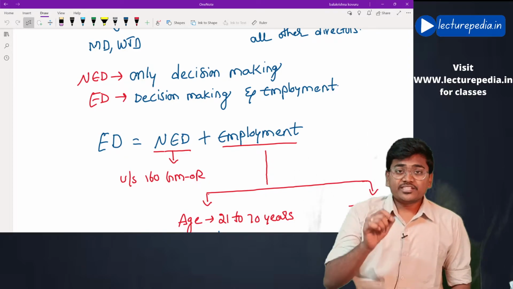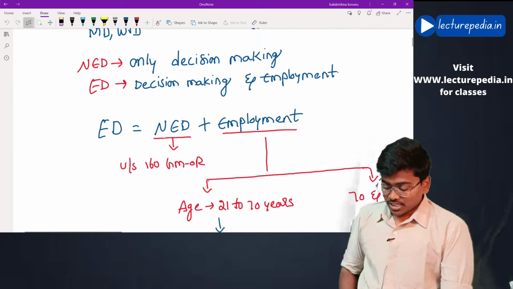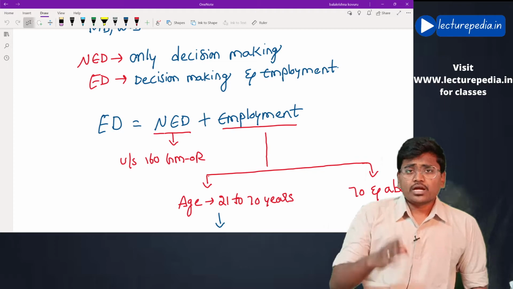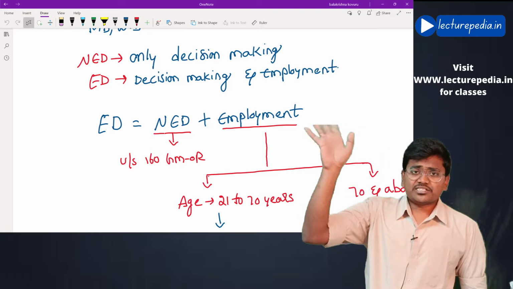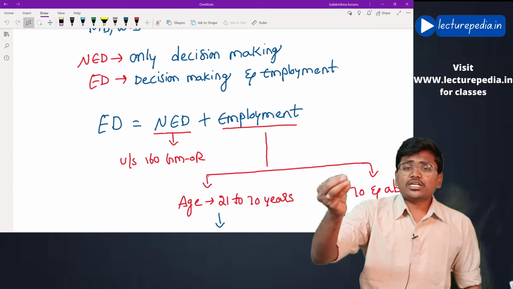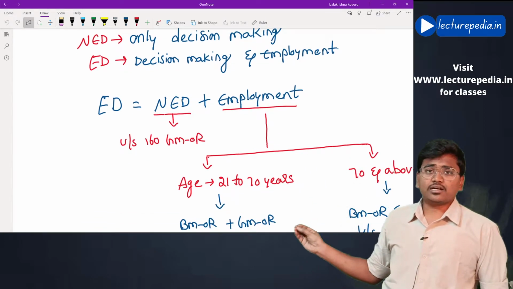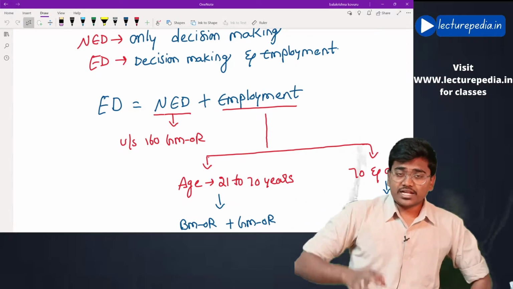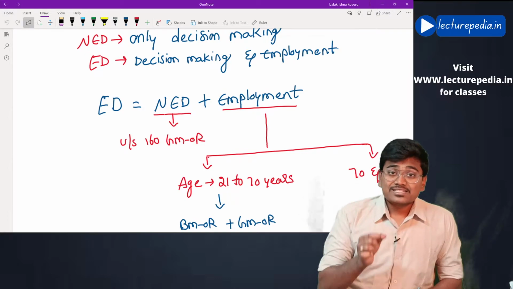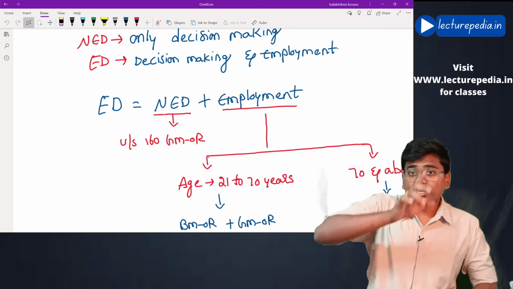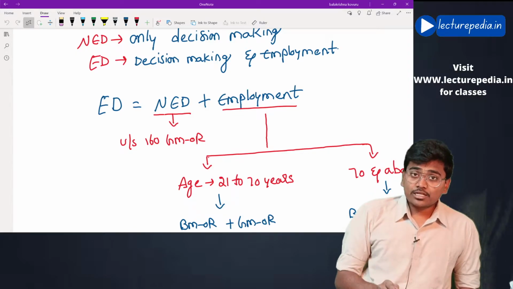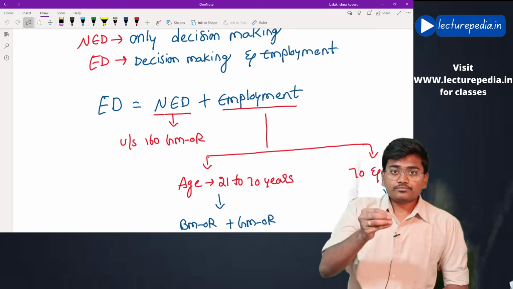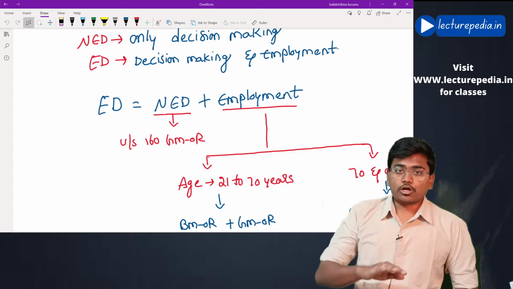That means for a director to be appointed as executive director, first of all he should be appointed as a non-executive director. Let me tell you how it happens in real life. First of all, the company will appoint a person as a non-executive director. For appointing a non-executive director, section number 160 is followed, wherein a general meeting ordinary resolution would be sufficient. After appointing a person as a non-executive director, if the company is satisfied with the work performed, the company can promote such non-executive director as an executive director. This is what happens in normal scenarios.